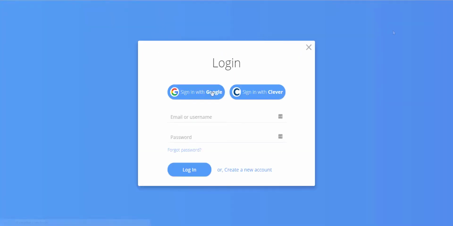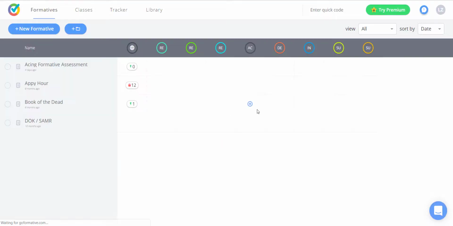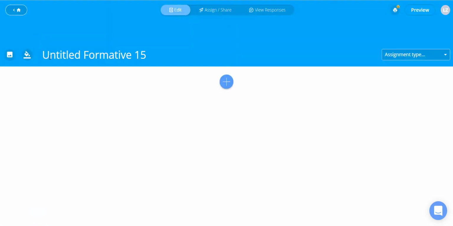I'm going to log in. I'm going to sign in with my Google account. And once I'm signed in, you'll see a dashboard of anything that's going on right now, which I have nothing. So what I'm going to do is show you how to set up a new formative from scratch. I'm going to click the new formative button,